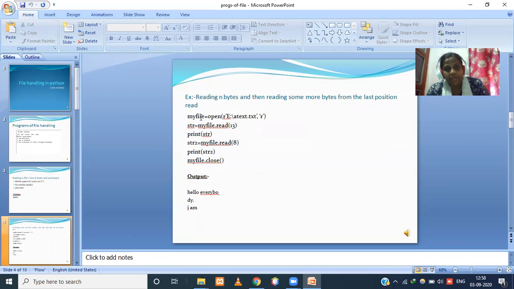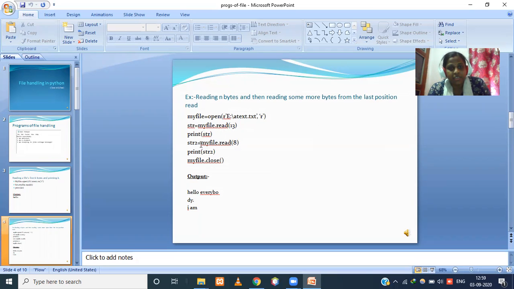So myfile is a file object equal to open a text.txt, this is the relative path, and r is the mode. Then str equals myfile dot read 13, so print str. Then str2 is equal to myfile dot read 8. In this read function it will first read 13 characters, then print.